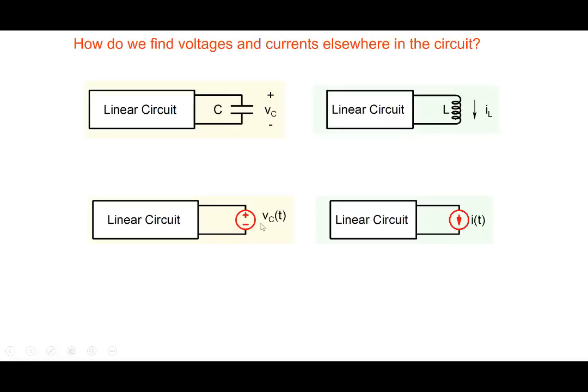And that's what we have done. We have put a VCT here, the same voltage that we calculated properly by taking into account everything, and now we replace it here. And the same current for the rest of the circuit, it doesn't really matter whether it's an inductor or anything